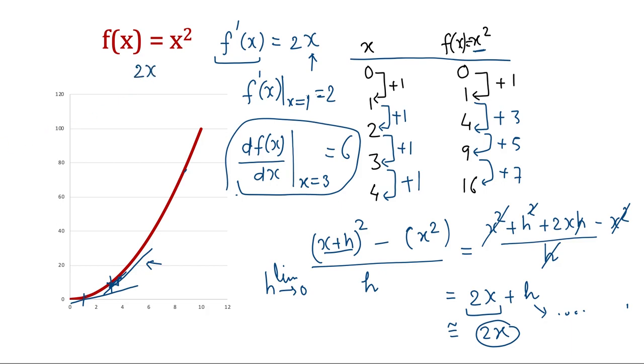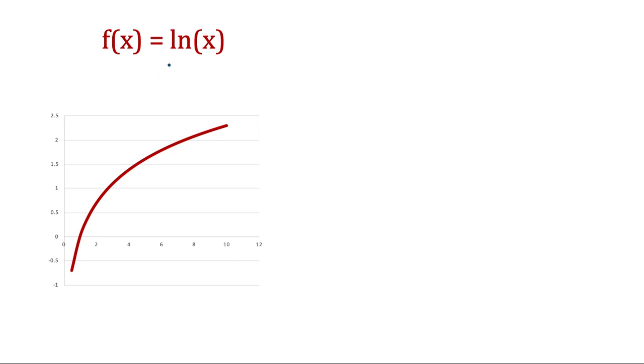Now let's look at some non-polynomial function. So it's a logarithm, natural logarithm of x. So this is equivalent to log base e of x, and e is Euler's constant and its value is nearly 2.71828, something like that. So close to 2.7. And if you're not aware of what is the meaning of log, then let me clearly